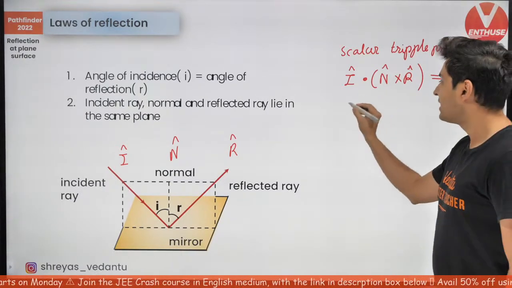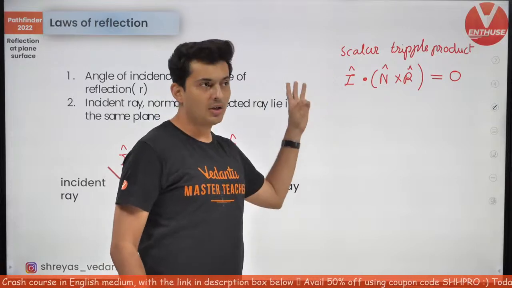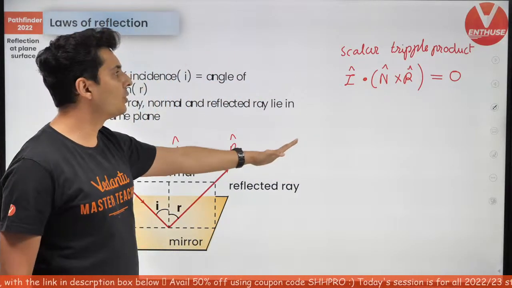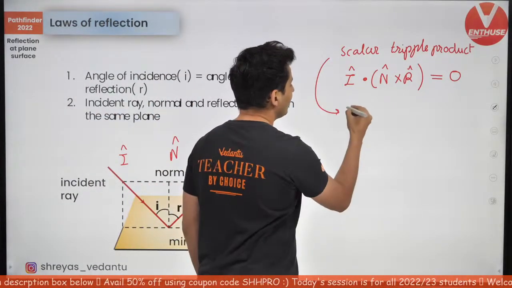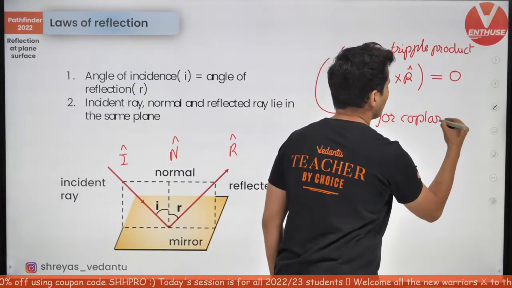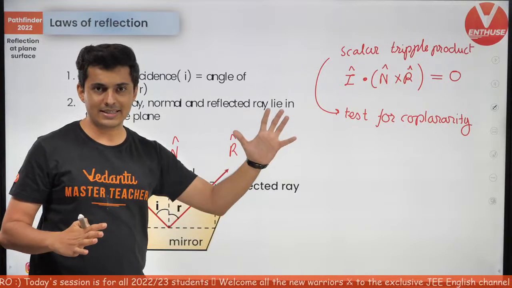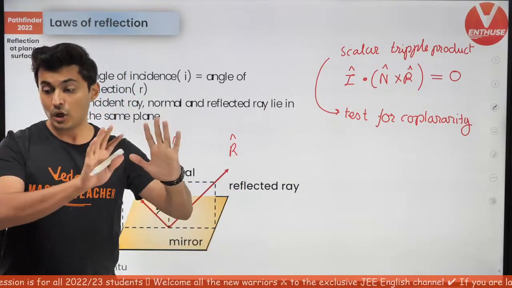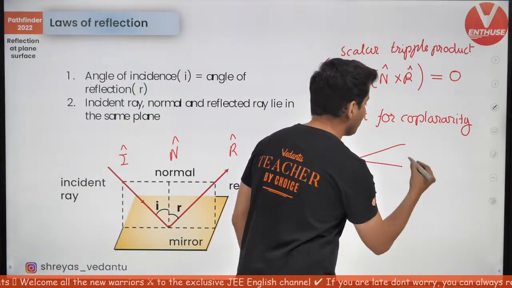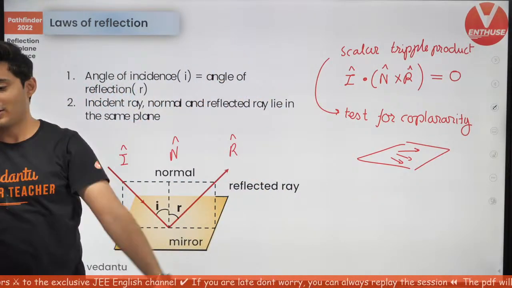The reason for this is that whenever three vectors are coplanar, then their cross and dot together, which is called the scalar triple product, triple because there are three vectors, is always going to be 0. This is basically a test for coplanarity. Remember that. Whenever three vectors are coplanar, you can always take the scalar triple product. Yet, not collinear. Collinear is different. Collinear is along the same line. This is coplanar, so they are in the same plane. When three vectors are in the same plane, that's when the scalar triple product will be 0.